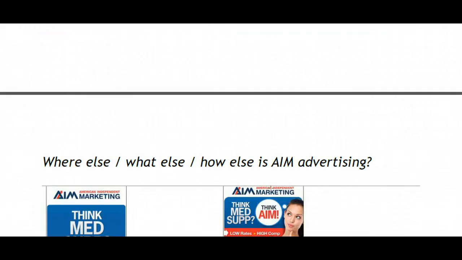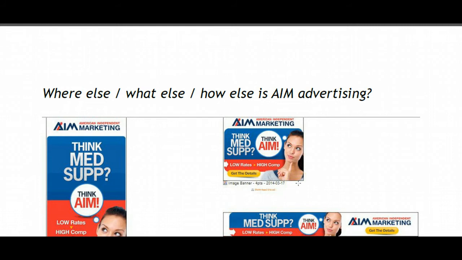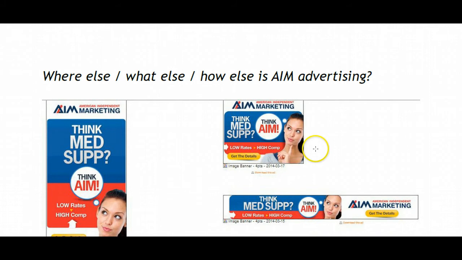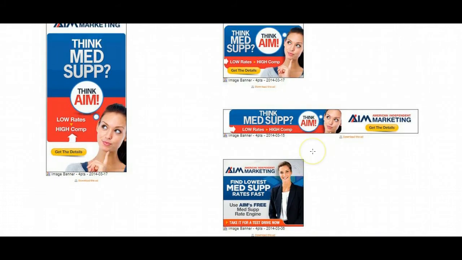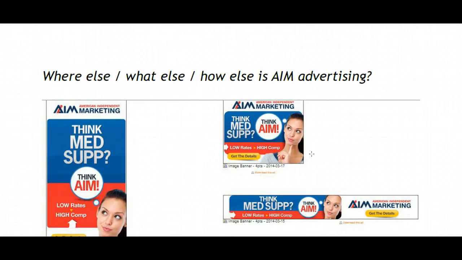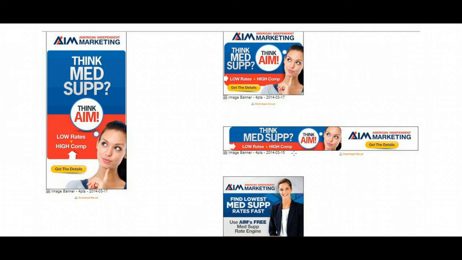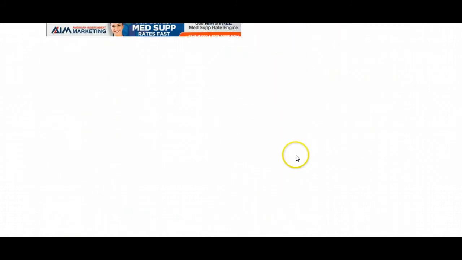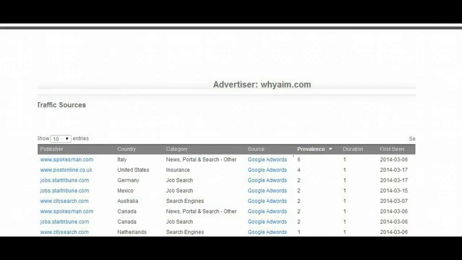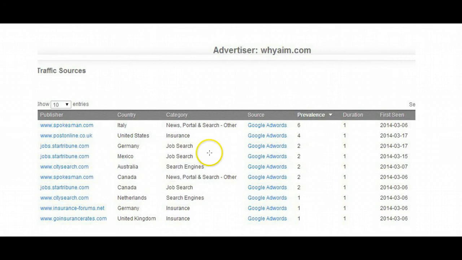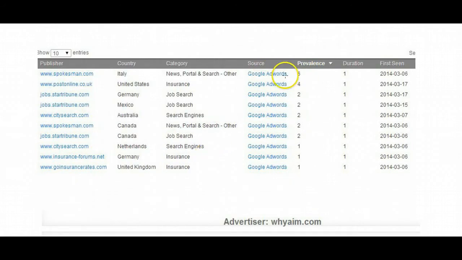In our reverse engineering, we want to find out where else they are showing ads. And we did see these ads once, but these are apparently what they're showing most around the web. Now, we started with a popular insurance site, knowing that they're an insurance-related company, but they're showing ads around the web. It's questionable how well that works. For instance, if we look at how often they're showing ads, or where they're showing ads most consistently,